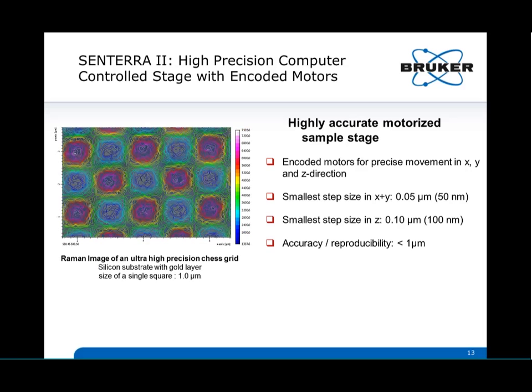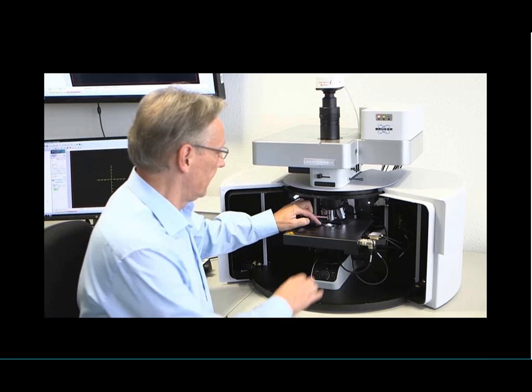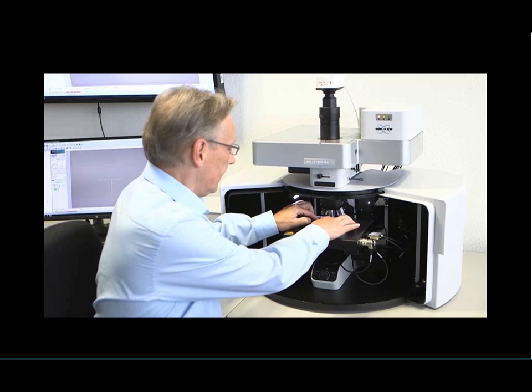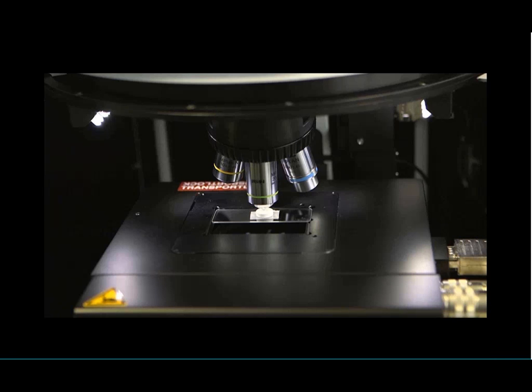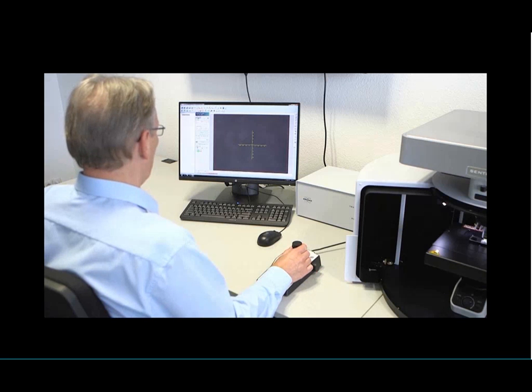So in the next step, we will have a closer view of the SENTERRA II. SENTERRA II can be equipped with a sample very easily. Today we will measure a pharmaceutical tablet. It's a painkiller tablet with a 20x objective. And what we have to do is to focus with the joystick